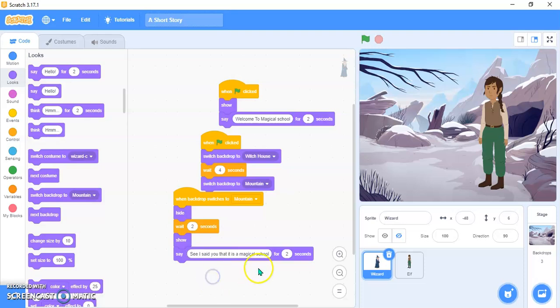Fine. And over here you can put an exclamation mark. See, I said that it is a magical school. Okay, and